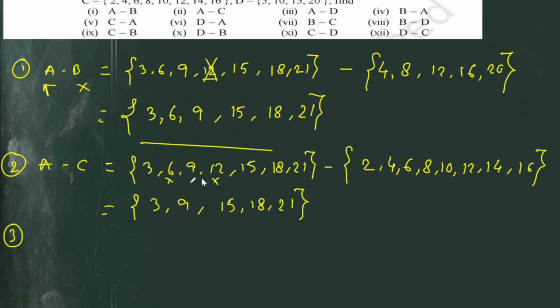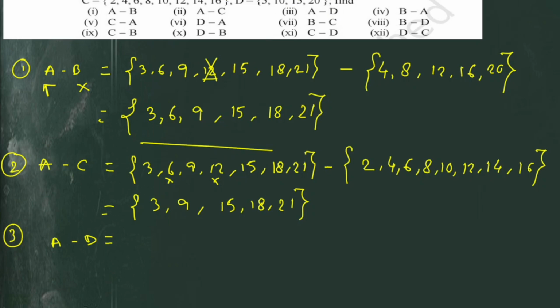Next. For the first two sums I wrote all these things, because that is the actual representation of these maths in your exam copy, and you have to write like this. Otherwise you cannot get any marks. A minus D. So here A is this set and D is this set. I am writing here in this question, but you have to represent it in this way only. So A minus D means the elements of D should be removed from A.